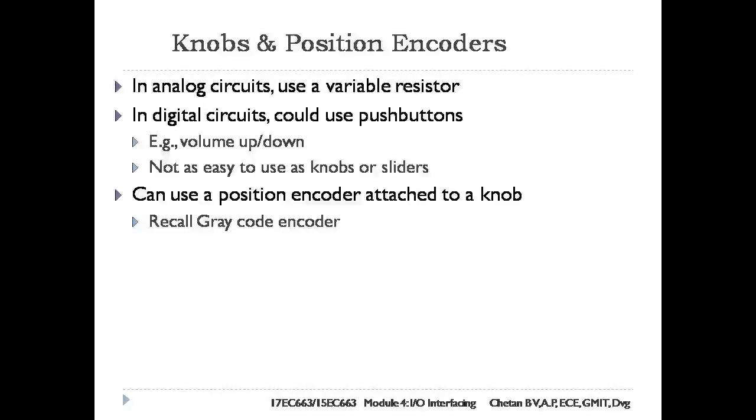Next topic is knobs and position encoders. Rotating knobs have been used in the user interfaces of electronic equipment. For example, a volume control knob, brightness control on a light dimmer, etc. A knob usually controls a variable resistor or potentiometer in analog electronic circuits. Knobs were replaced by switches in many applications in digital systems. For example, volume rockers of a cell phone, etc.